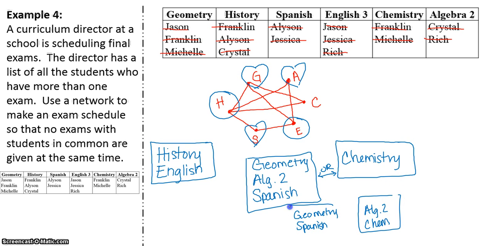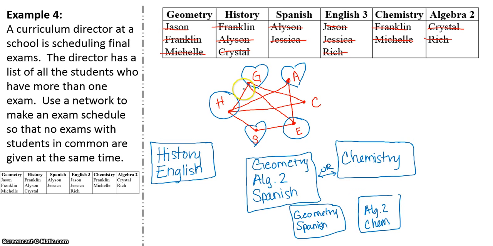That's another variation of these two that would also work. Because chemistry is not touching Algebra 2, so those two could be together. And then geometry and Spanish aren't touching, so those two could be together. Because maybe you can't have 3 in a block, which is fine. Then you could do 2 and 2